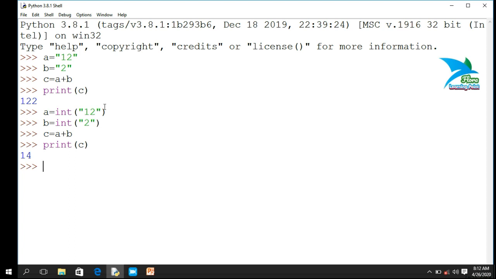In the same way you can also demonstrate the float function also. Let's suppose I have assigned 12 plus 2 to a variable, then b equals to 2.2, then c equals to a plus b. Then if you will try to print the value of c, then the result will be the concatenation